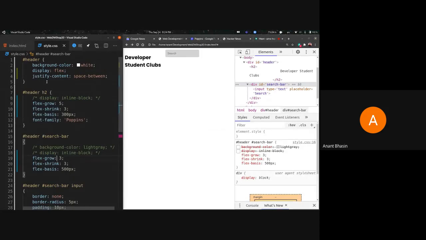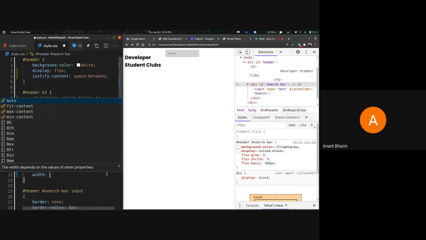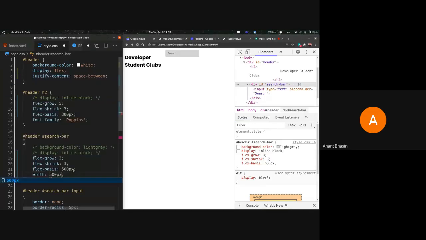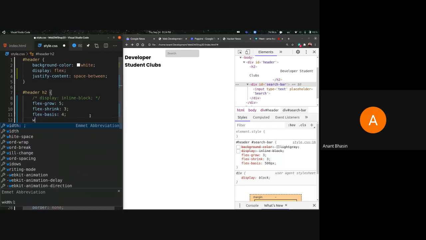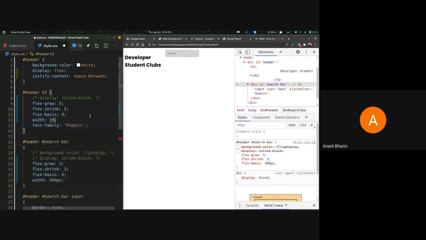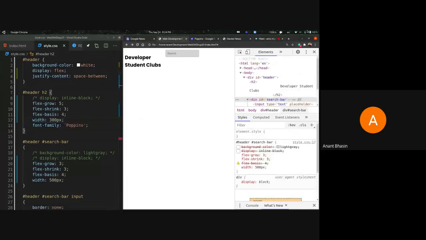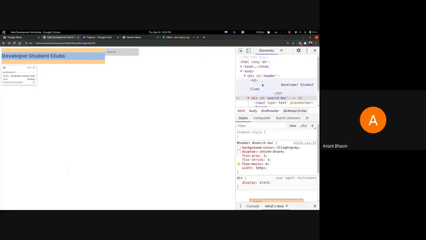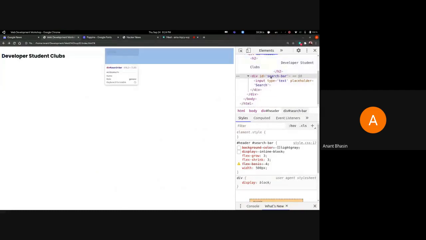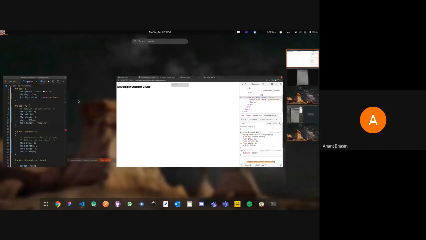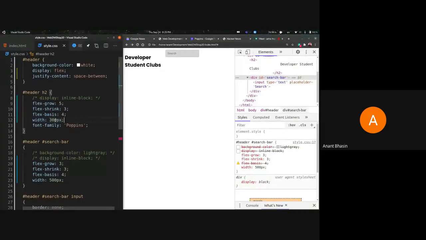So wait, did I do flex basis? So let me also give them a width. Okay, so this might actually be how it works. By default, they want to take equal space, and if I give them these widths instead of in the flex basis, so now this is taking 497, this is taking 618. So they're growing disproportionately now because after they exceed the particular widths, they'll move to these flex grow ratios to resize themselves.